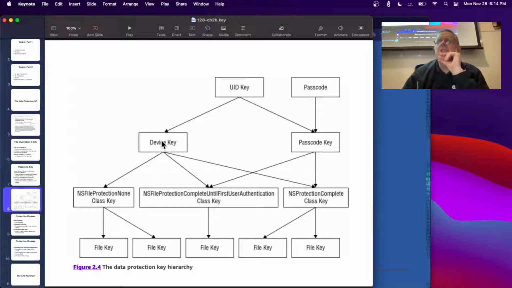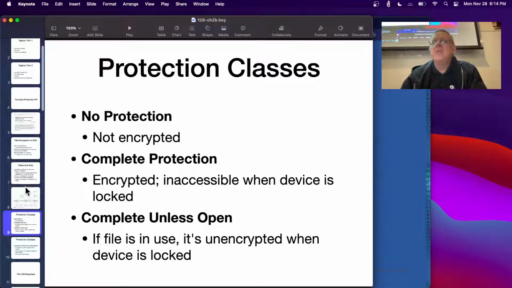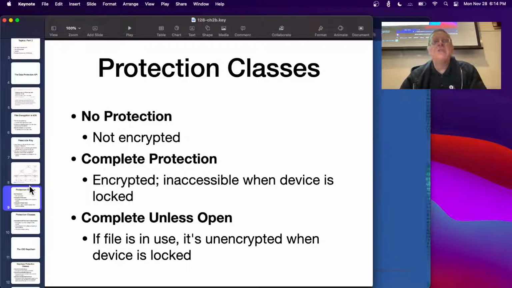That's actually interesting. It says it's not encrypted, but I don't think that's true. You see, there is a device key, and it's used here, I think. I haven't been able to test this. I wonder if that statement in your book that it's not encrypted is really true. I think what it is, it's encrypted with a key that is available as soon as the phone is booted